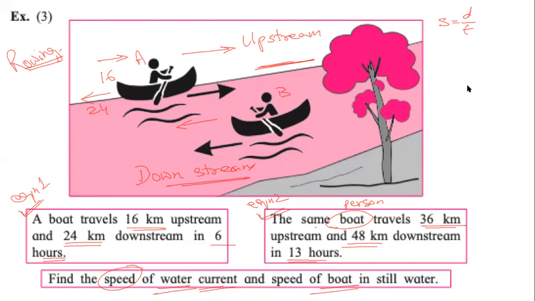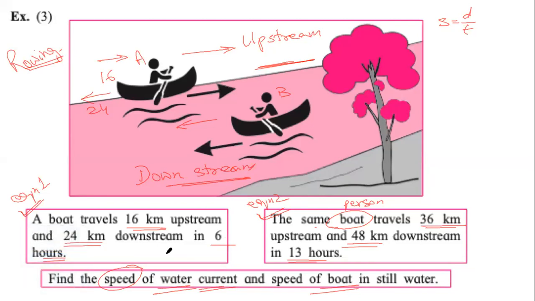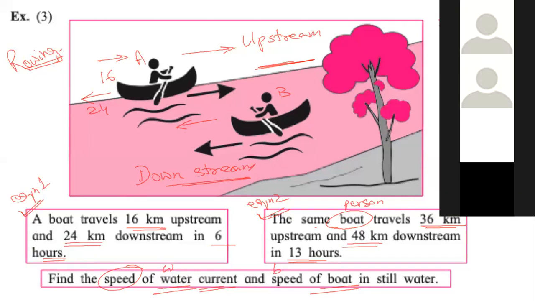Now it is up to you what variables you will use. I would use W and B because it will always remind me. I will not get confused with what is what if I use W and B. So speed of water current, let's use W, and speed of the boat, let's use B. I will make the first equation. You try to make the second equation. Okay. So it says